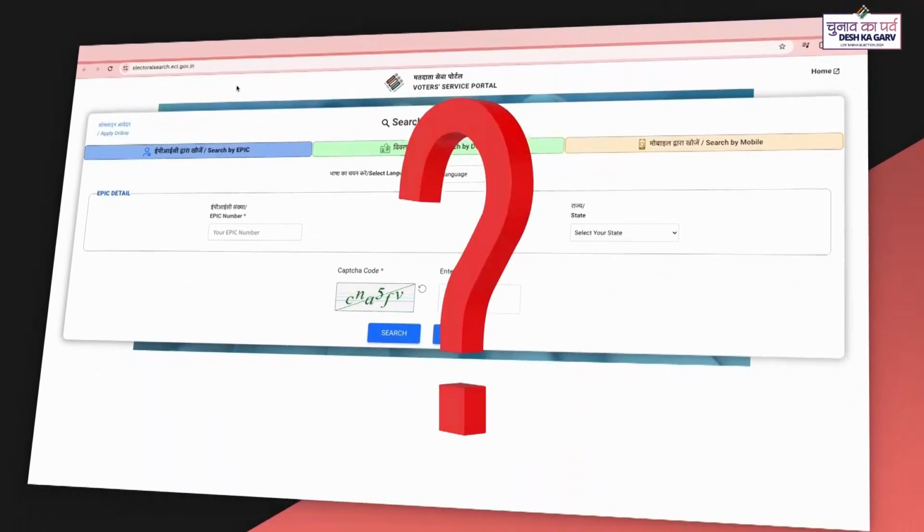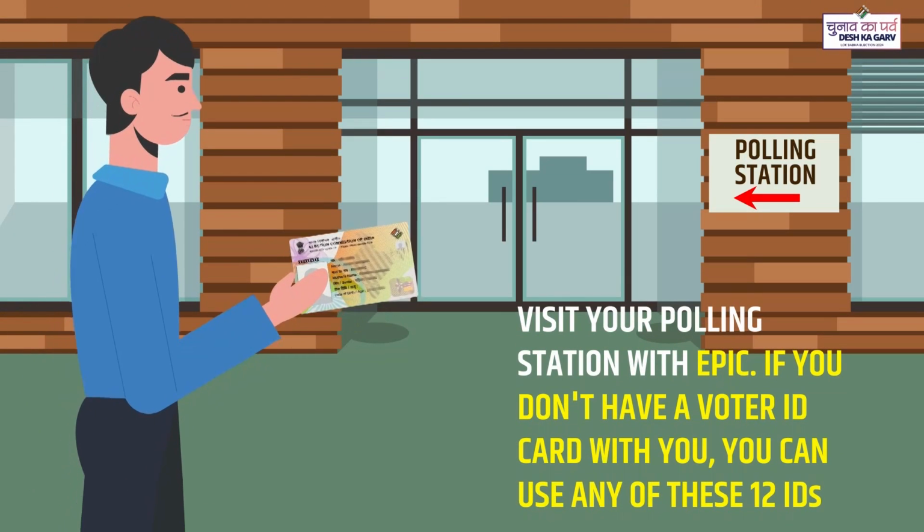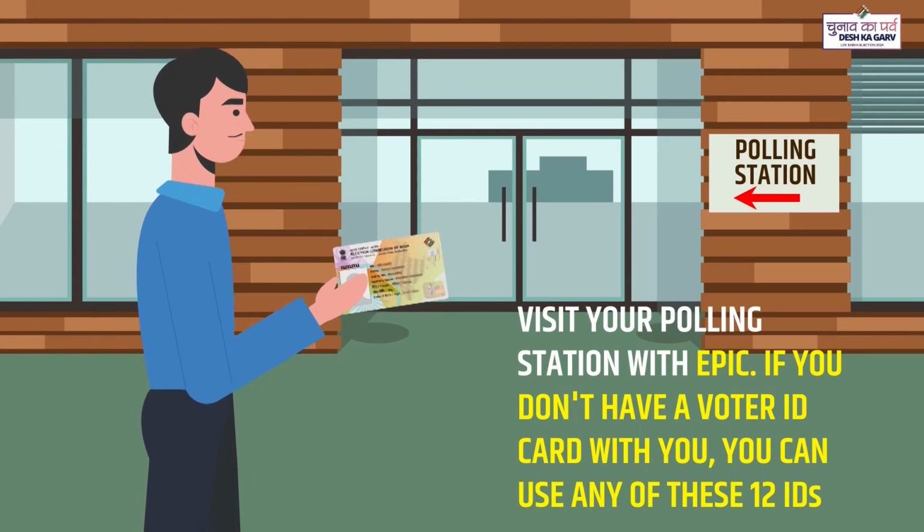In case you don't remember your Epic number, you can search your details by mobile number. You can also check your poll date. On the polling day, visit your polling station with Epic. If you don't have a voter ID card with you, you can use any of these 12 IDs, which are